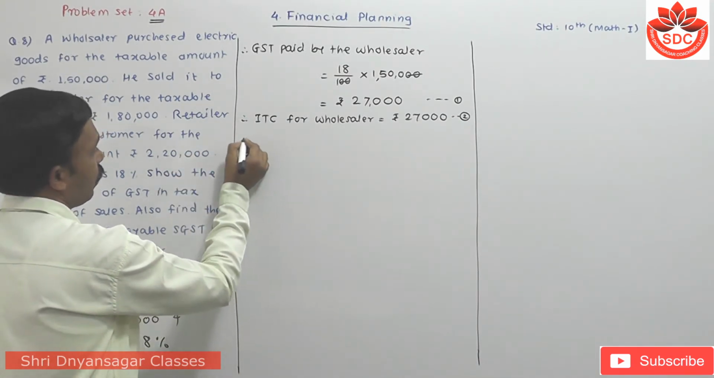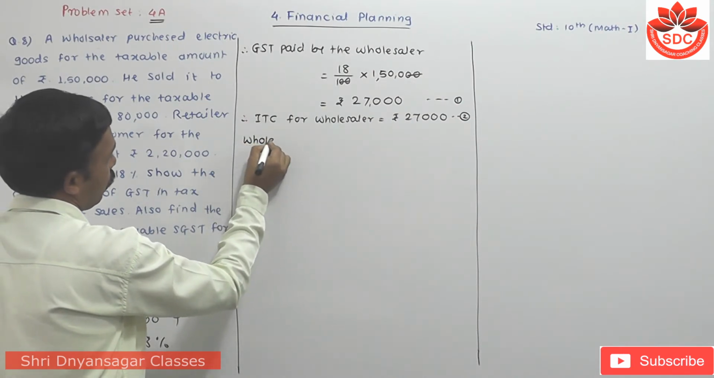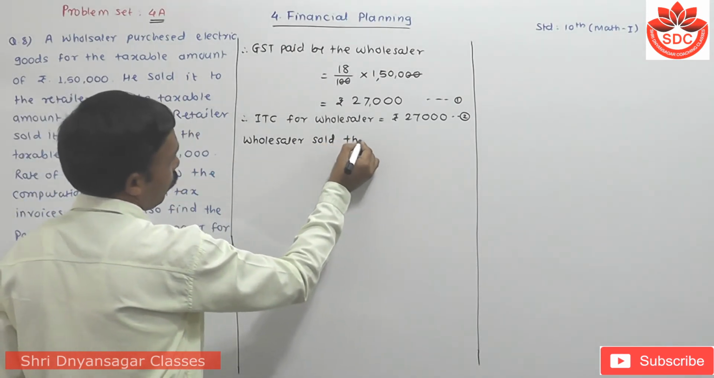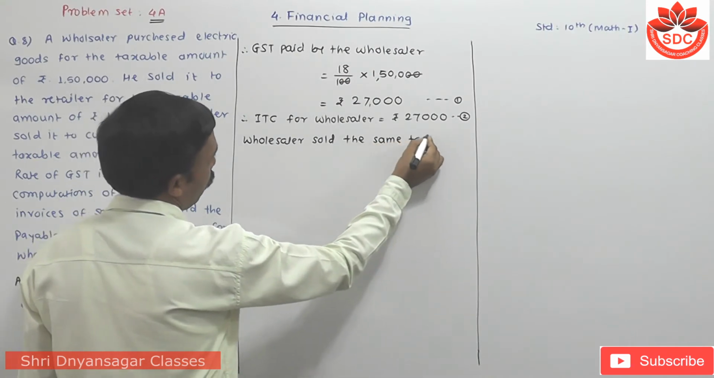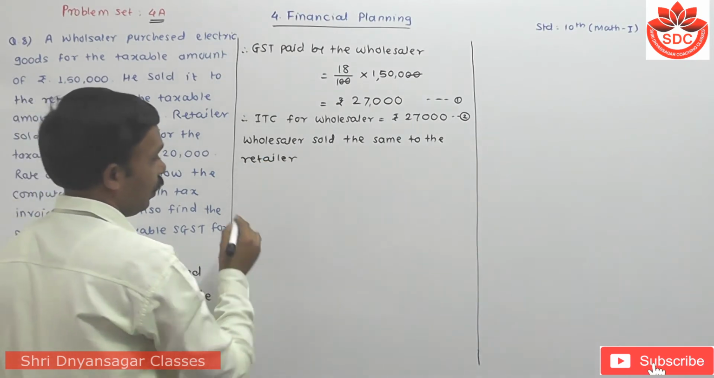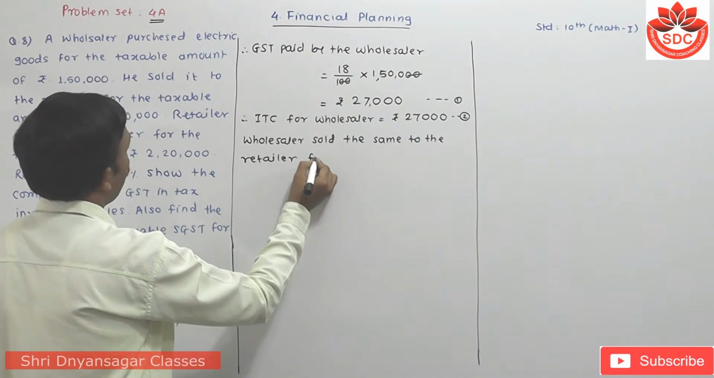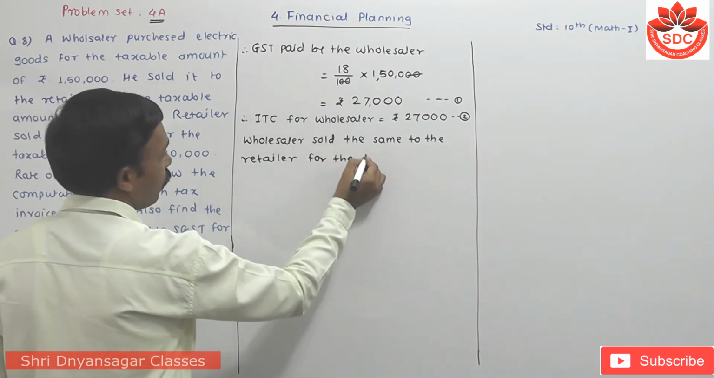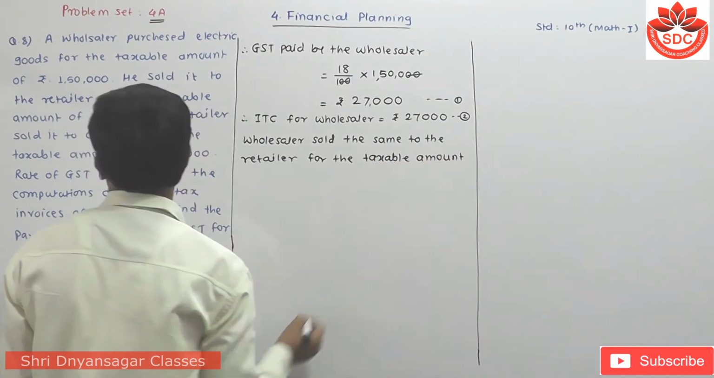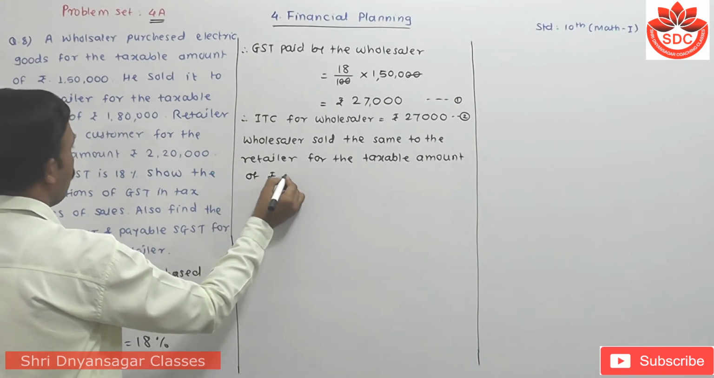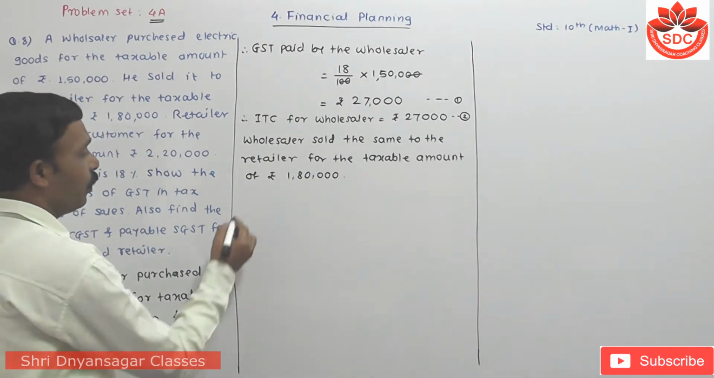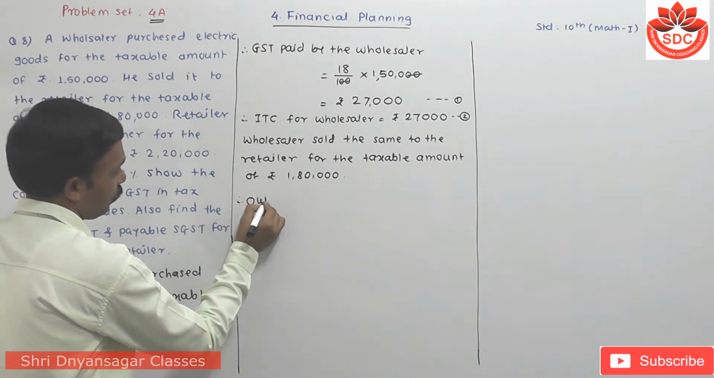same to the retailer for the taxable amount of rupees 1,80,000. Therefore, its output tax is equal to